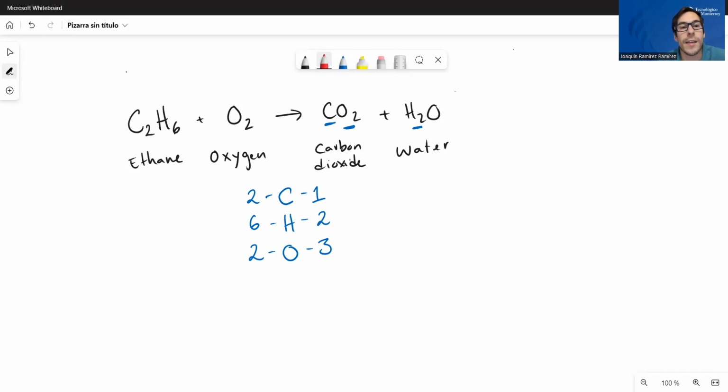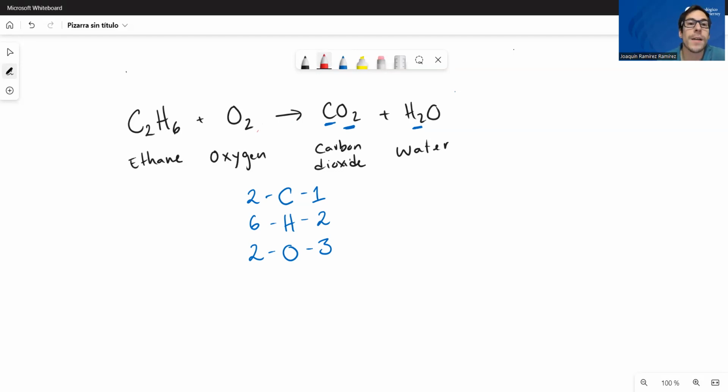In the case of ethane, that is a compound because it's made of 2 different types of atoms. But oxygen is not a compound, which is made of the same type of oxygen atoms. So I will leave the oxygen at the end because it's easier to modify the number of molecules without affecting